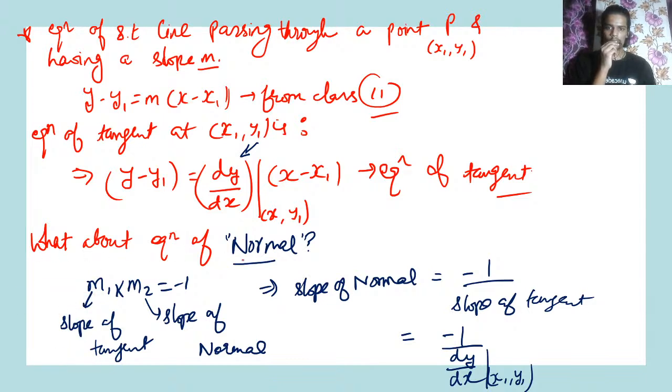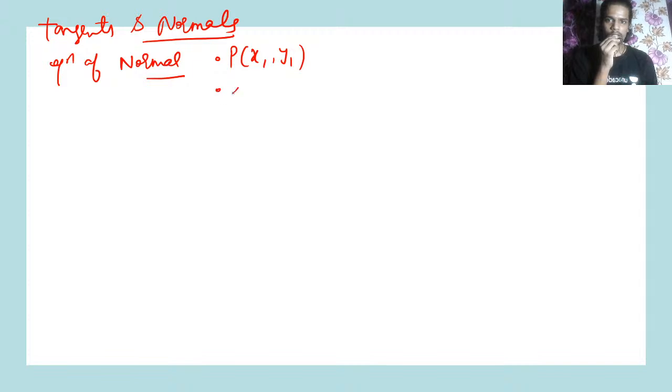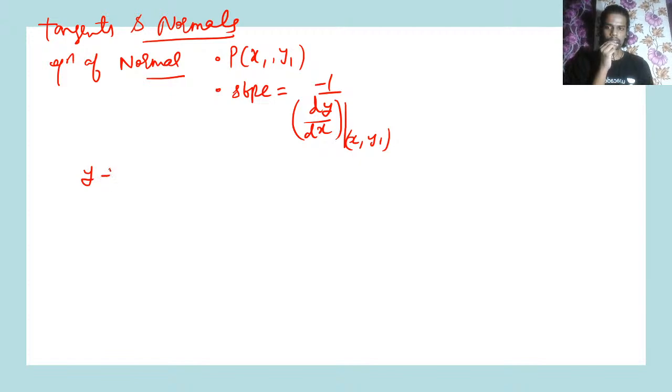And what about equation of normal? See, slope of tangent multiplied by slope of normal equal to minus 1 because they are perpendicular. So slope of normal is minus 1 upon slope of tangent. Okay, which implies slope of normal is minus 1 upon dy by dx. So equation of normal would be, we have a point x1 comma y1, the normal passes through this point and the slope is equal to this, evaluated at a point x1 comma y1. So the equation of normal is y minus y1 equal slope